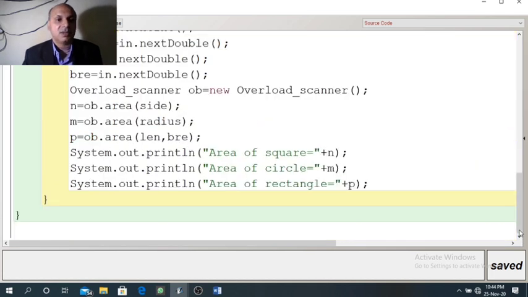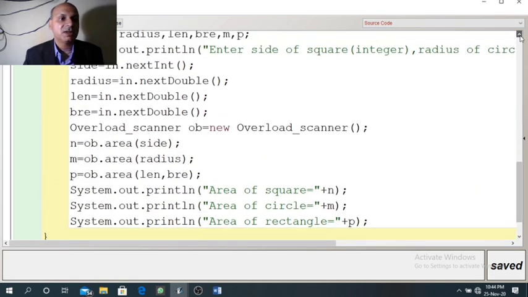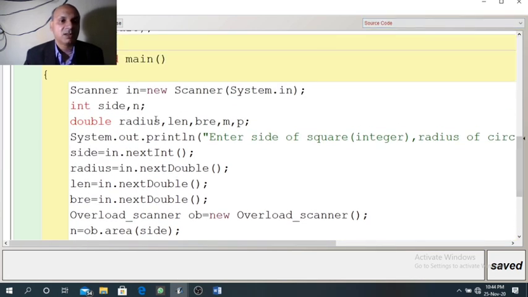Now other two methods will return double value. So m and p are declared to receive the area of circle and area of rectangle.